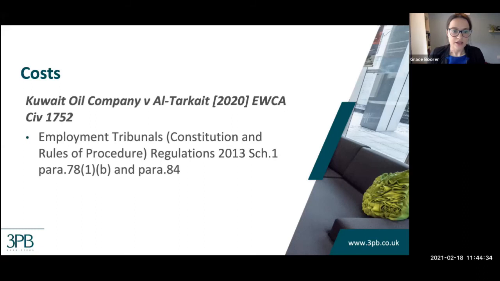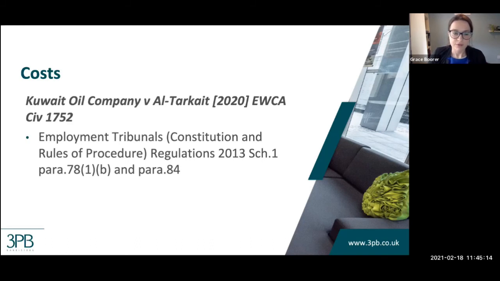And the reason why the tribunal decided to impose that limit was twofold. The first reason being a reason of proportionality. The allegations that were the subject of the costs order, the tribunal considered that the respondent shouldn't have incurred costs in excess of £20,000 in respect of defending those allegations. And secondly, the tribunal took into account the financial resources of the claimant and therefore imposed the £20,000 limit in that respect. The Employment Appeal Tribunal upheld that decision, and the respondent then appealed to the Court of Appeal.